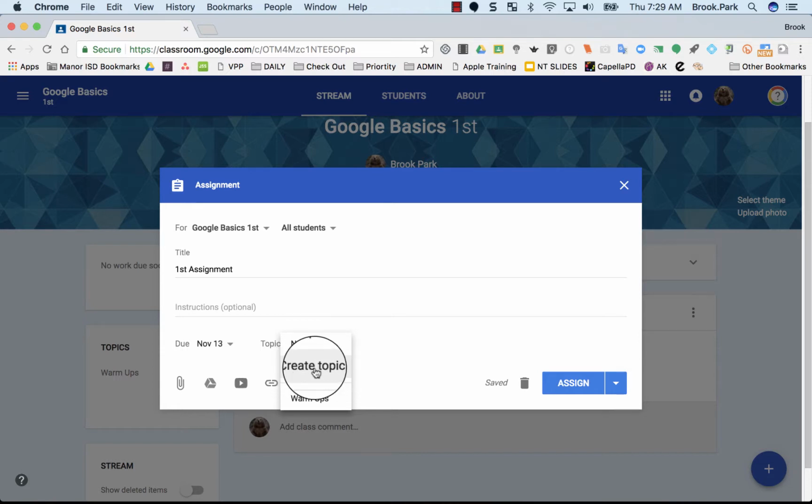now I'm going to go ahead and create another topic and that will, let's say, daily work. And then from there, I can either add again something from my computer, something from the Google Drive, from YouTube, or a link, say to a Kahoot or a Quizzes or to a web page or a Nearpod or whatever you wanted them to go to. In this case, I'm going to choose something from the Google Drive and show you a really neat feature about